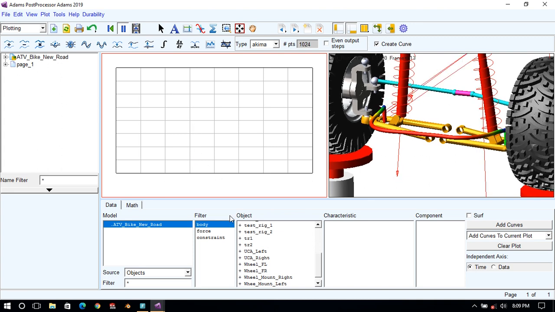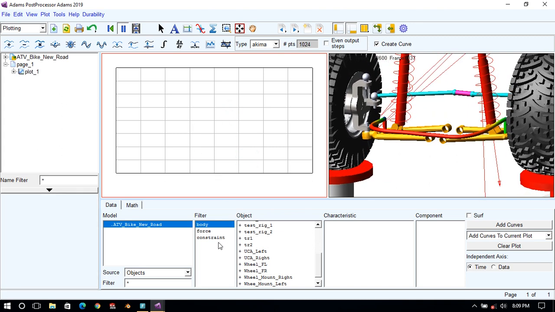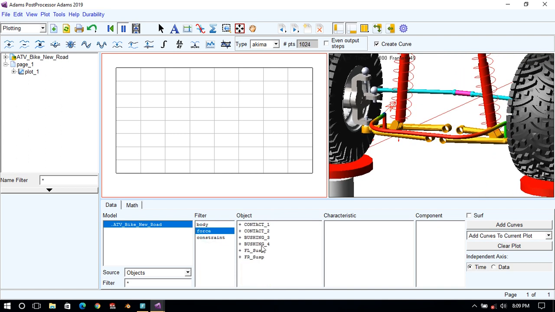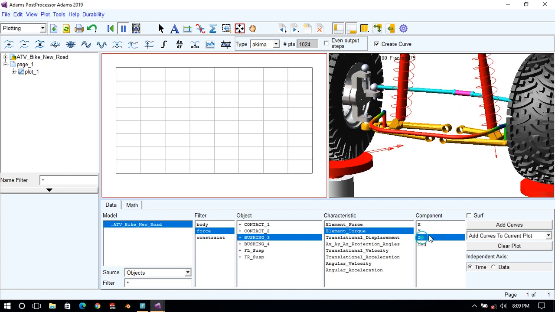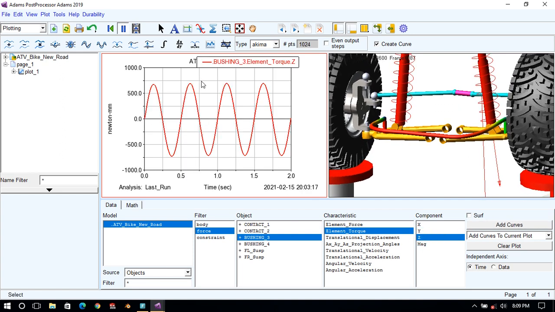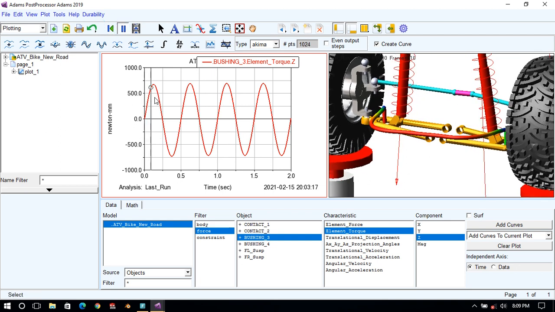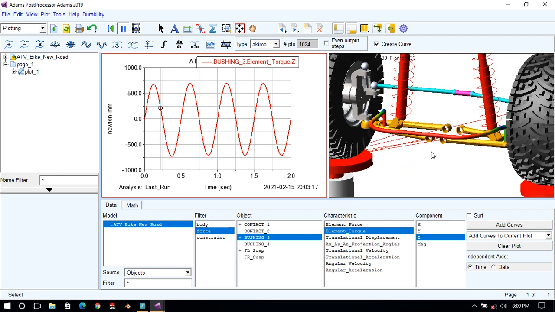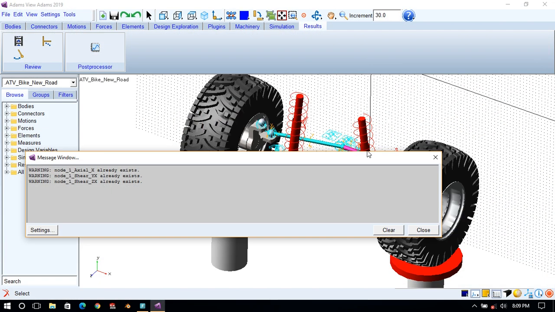Okay, here we will plot something. Let's say force on bushing, element torque Z. Now run animation, so it will track the motion. So this way you can create this anti-roll bar.